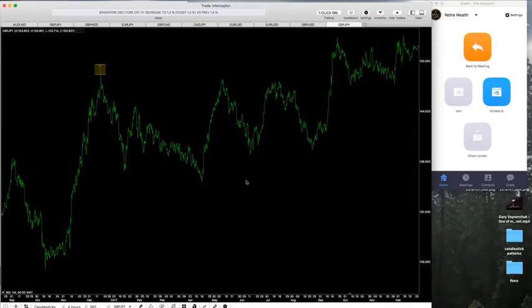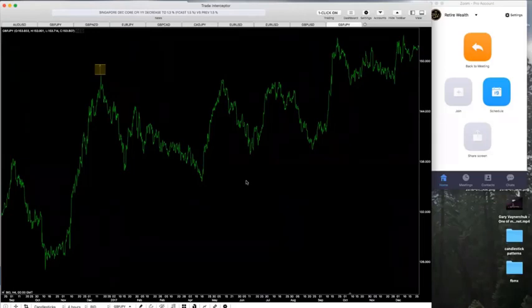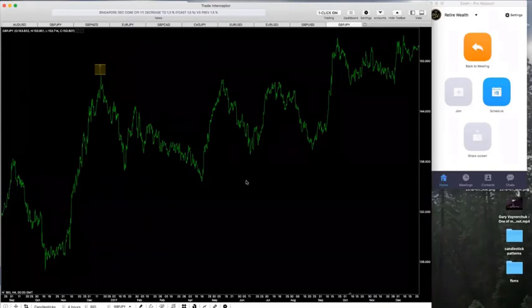Because can you guys imagine being in 10 different trades and trying to keep up with all the trades at the same time? Always remember that nothing is ever guaranteed in the market. So if you guys are in multiple trades, you always have to have an if-then mindset. Like, I had this analysis, so if this happens, then I'm going to have to do this. But if this happens, then I'm going to have to do that. So it gets very frustrating to be in so many different trades.